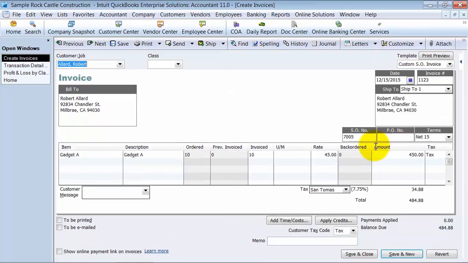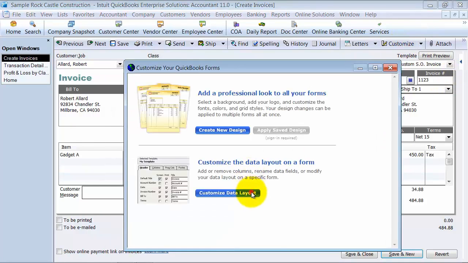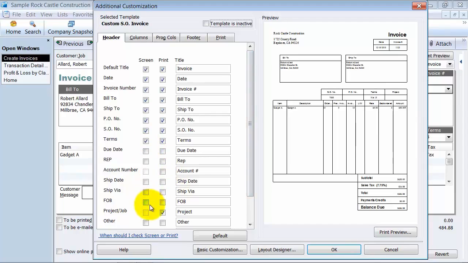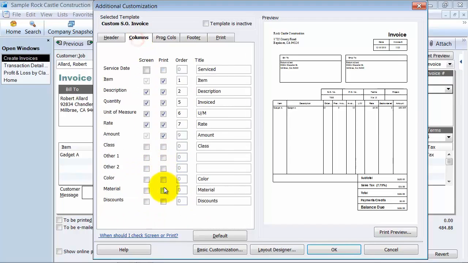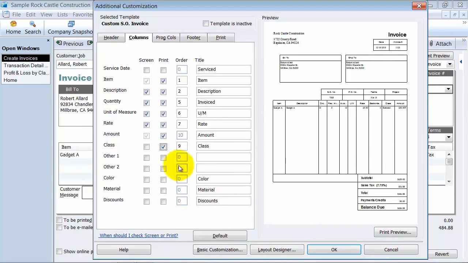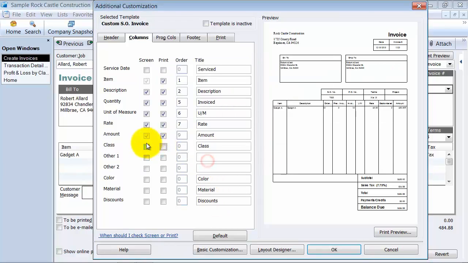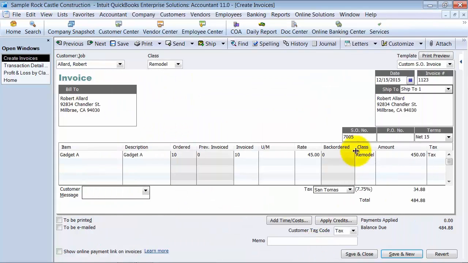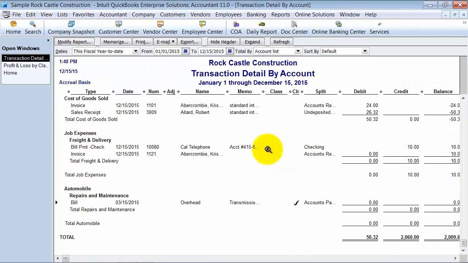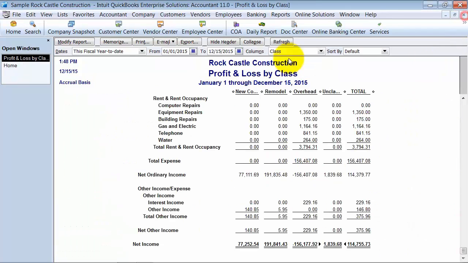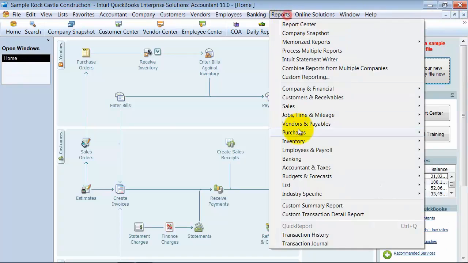Let's look at the job materials here. No classes entered. All right, on this one though, I can put in a class up here, but that's not going to affect the line item. So I actually have to customize this form. Go in and add the class screen to my columns that are shown, oops, not printed, that are shown on my screen. Now it's there. Make sure that the remodel's there, save and close. Okay, so I'd go through and fix all these, but as I showed you there, you can also just straight